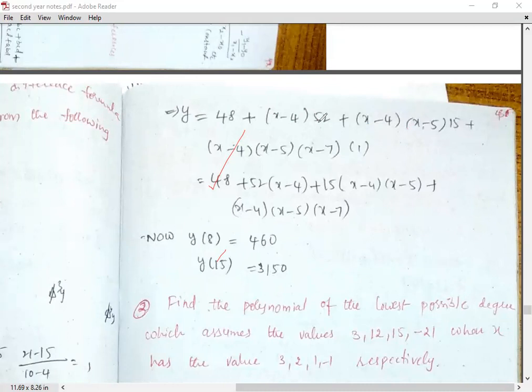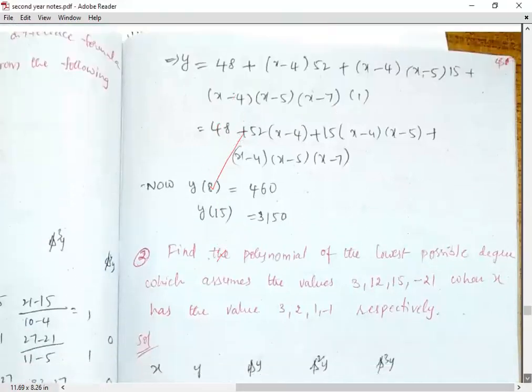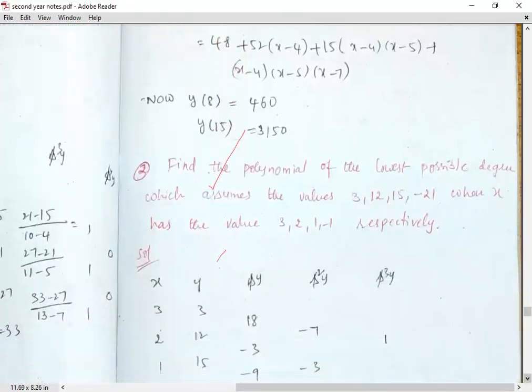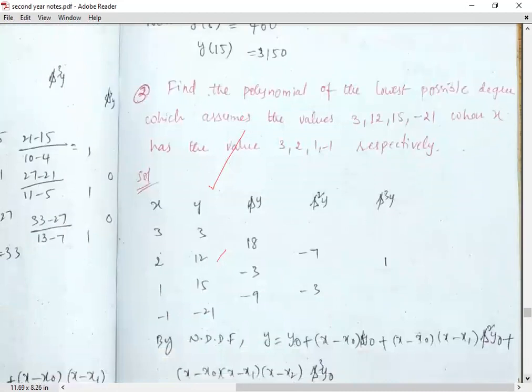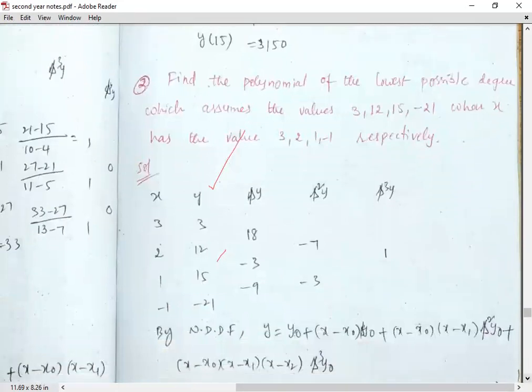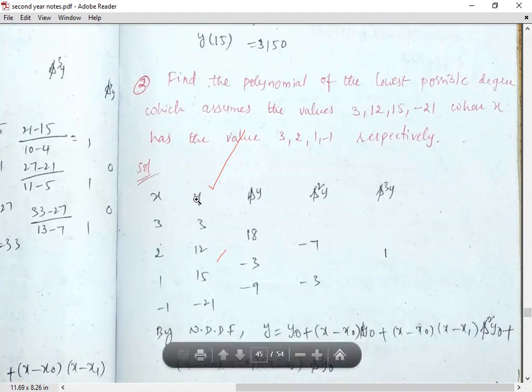Let us see one more example. Find the polynomial of the lowest possible degree which assumes the values 3, 12, 15, minus 21, where x has the values 3, 2, 1, minus 1 respectively. In this problem, which formula is to be used is not mentioned very clearly. By observing the data,